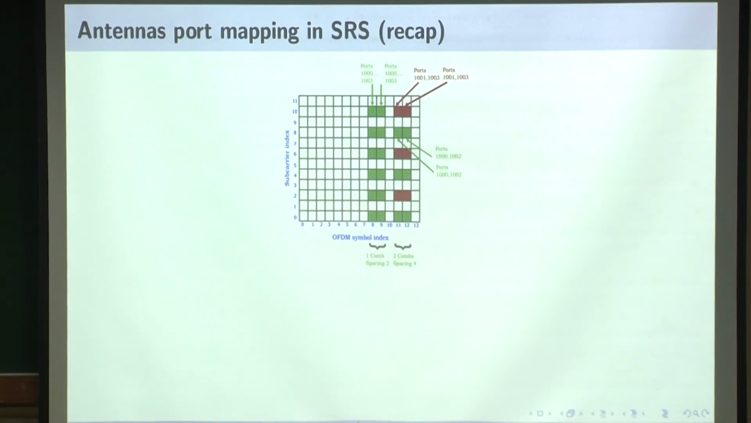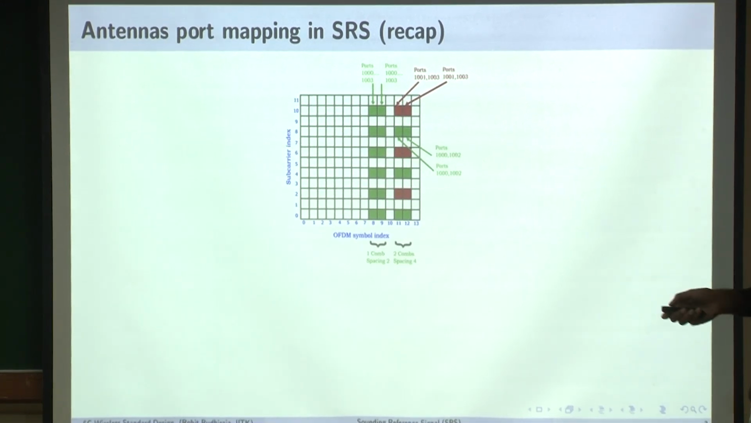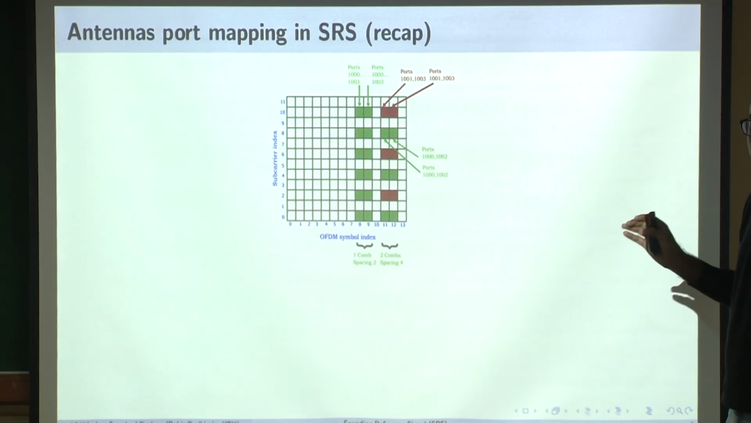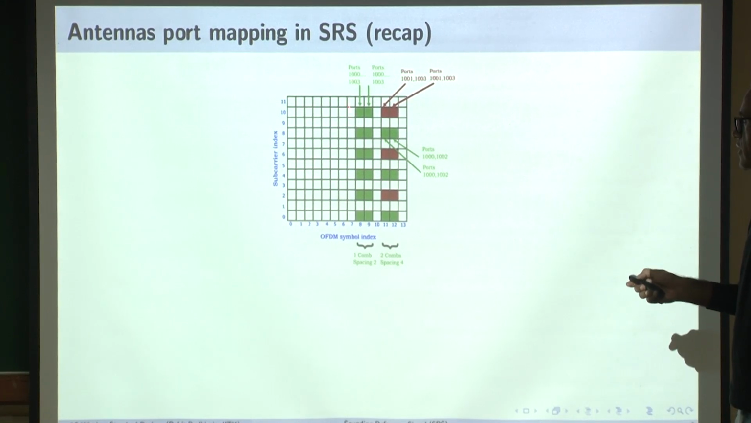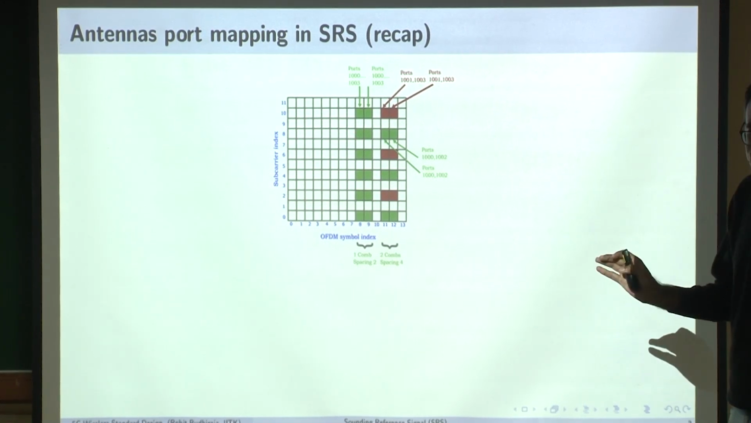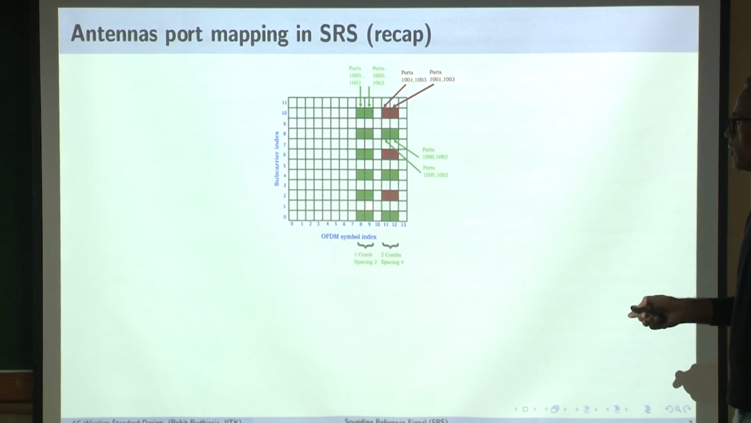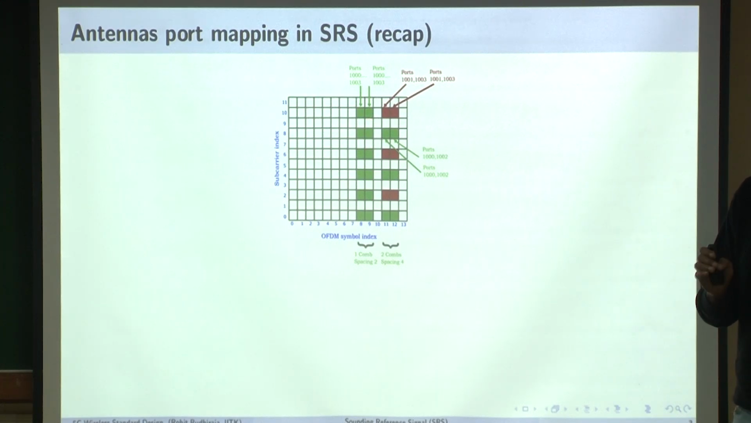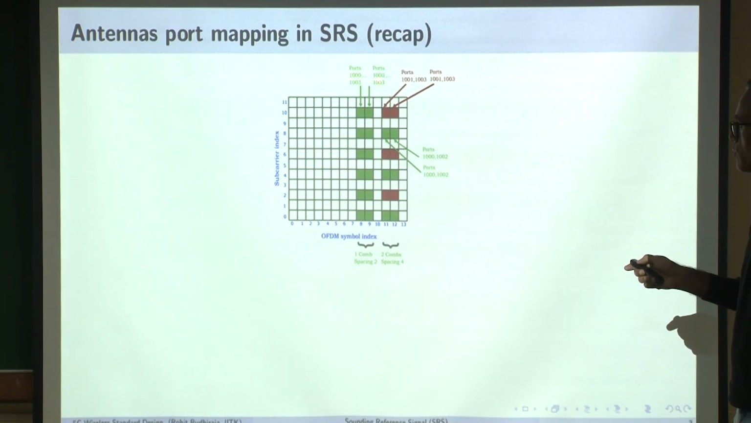Okay, so this is a recap of where we stopped yesterday. We saw two different examples of multi-port SRS. In this case, if you see this comb, SRS is a comb, and in this comb, all the four ports are mapped onto the same comb. This green color contains all the four different ports. SRS can be generated for a maximum of 4 ports, right? So you see, starting from port number 1000 to port number 1003, all the ports are mapped onto